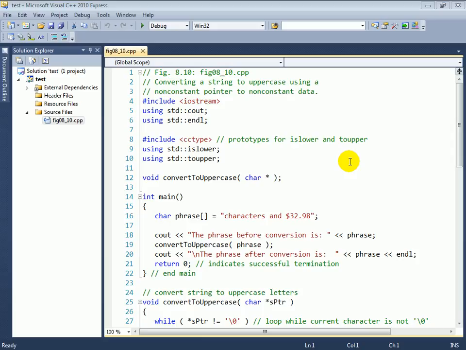In figures 8.10 through 8.14, we're going to be looking at the various ways in which const can be applied to pointer variables and how that affects your ability to manipulate the data that a given pointer points to. Now we're going to start with figure 8.10, which is converting a string to uppercase using a non-constant pointer to non-constant data. This particular example is also going to start to show us some of the relationship between pointers and